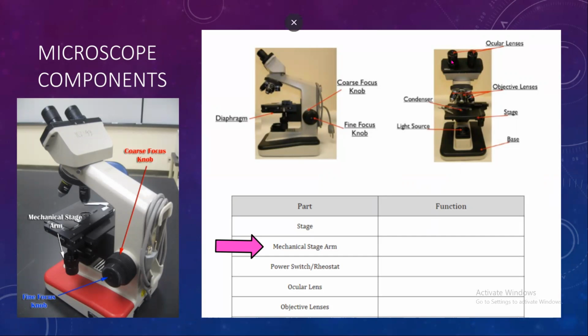So we can see things like stage and ocular lens, those sorts of things are there. But we always use the phrasing mechanical stage arm. So when somebody tells me it's stage control, I know there's a lot of resources online that call the knob, again, that's this mechanical stage arm is shown here. It's on here and under here, but